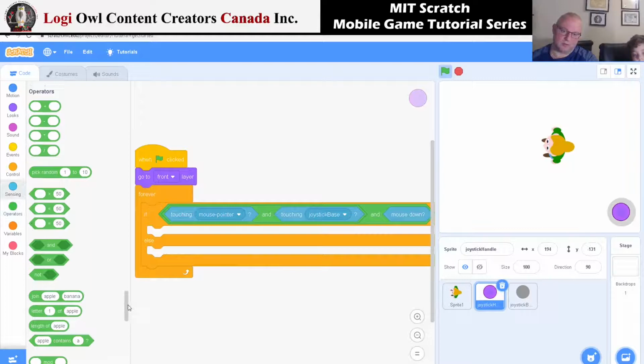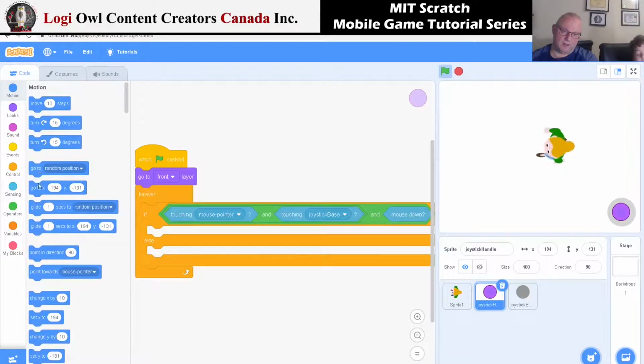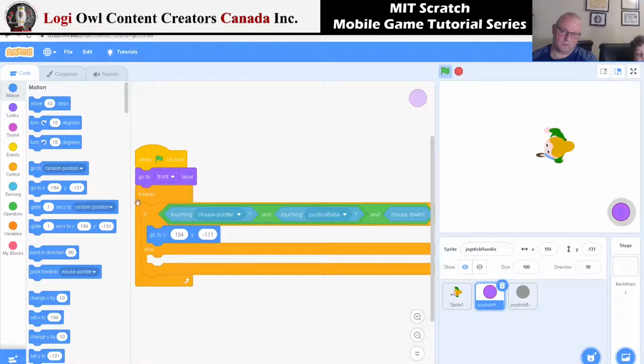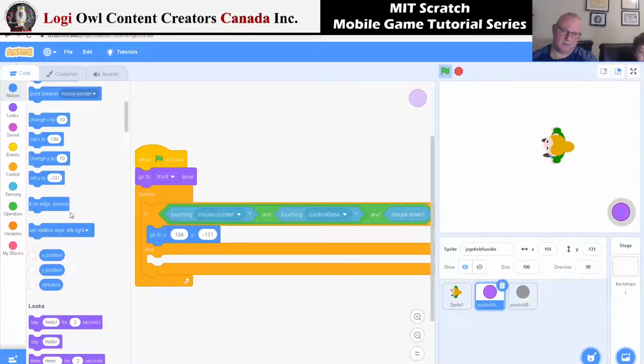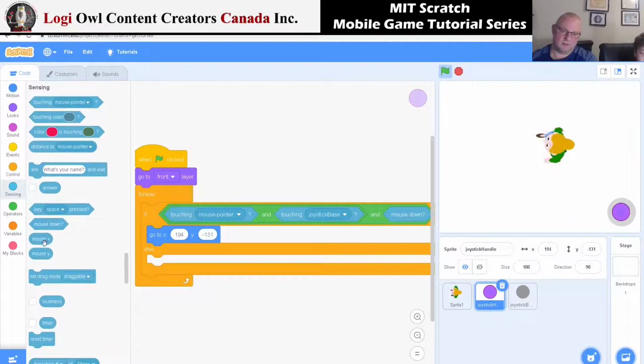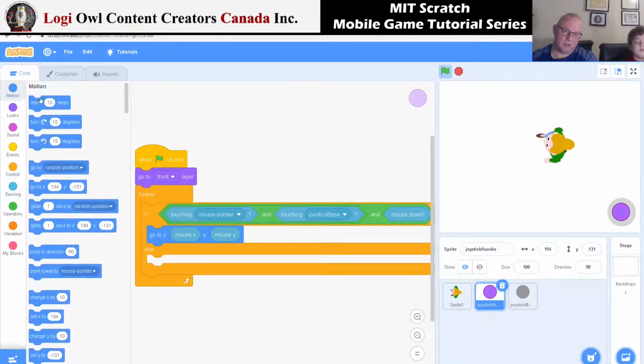So I can just go to the motion and say go to the mouse X and mouse Y. Where's that mouse thing? Sensing, mouse X, mouse Y. Else, if we are outside of this circle, jump to the center of what? Of the joystick base. So if not, just go to, and again, motion, go to